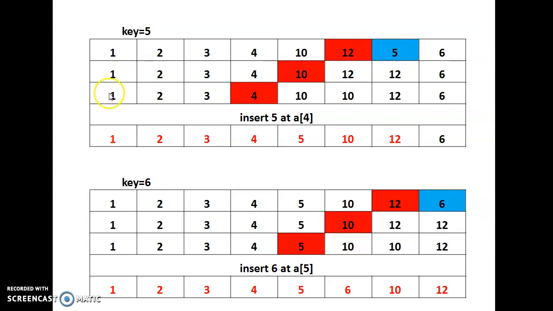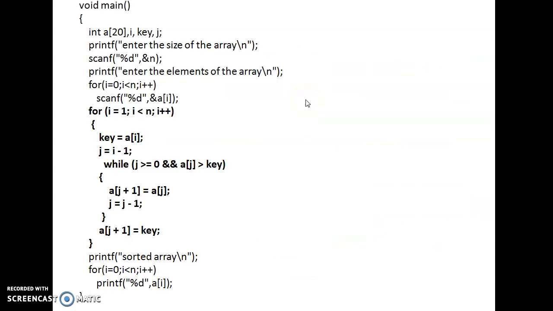And we are comparing up to the last element that we are having, that is j greater than or equivalent to 0, and this A of j is less than this particular element. That means our element should be present in the correct position. That's why we are taking this condition. See here, j equal to I minus 1, j greater than or equivalent to 0, and A of j greater than key. Whenever A of j is greater than key, that means if our element is less, we are pushing down the element to the bottom position.